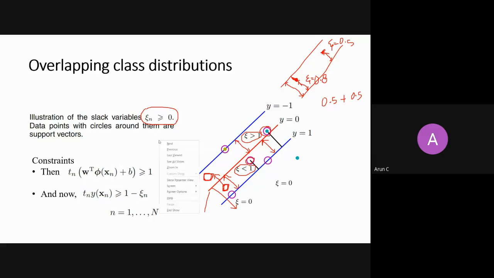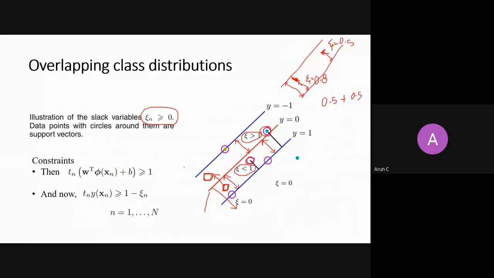Any question on this? Because this is the only point that you need to understand very clearly. This is known as slackness, right? So you are adding some slack variable. Slack means how much you can accommodate on the wrong side. So you are actually adding some error to make it right, right?